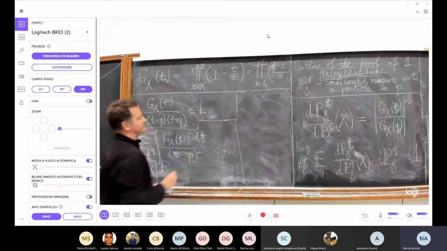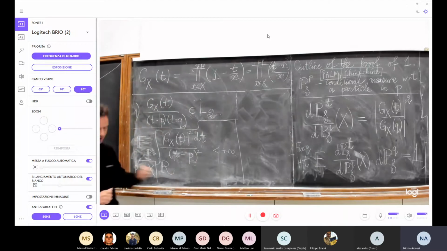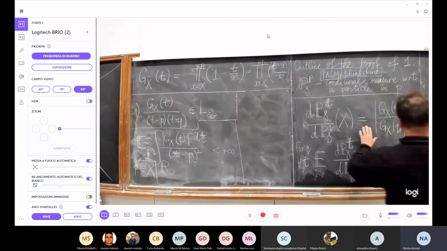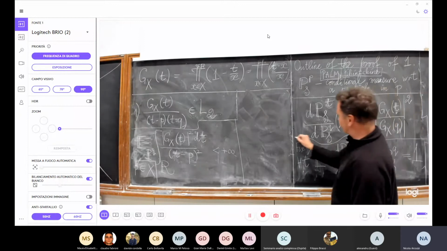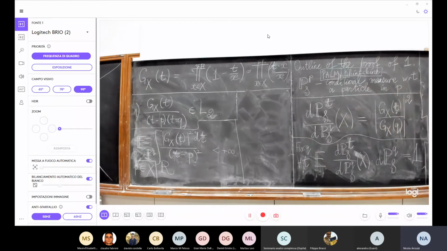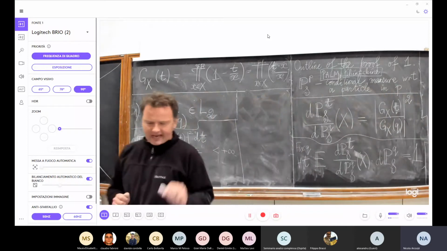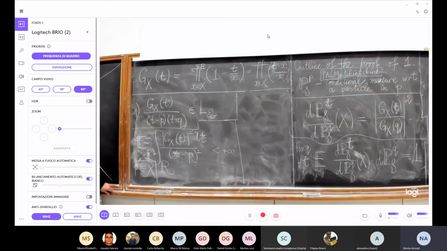I also need to show that it not only belongs in L2, but that it also belongs in the Paley-Wiener space. But this in fact follows from this representation of the Radon-Nikodym derivative. This Radon-Nikodym derivative, considered as a function of T, must in fact belong in the space. So if it is integrable, it must belong in the space for, shall we say, general reasons of linearity. I would like to underline here that this argument is not specific to the sine process. This argument works in significantly greater generality for Airy, Bessel, and many other processes of random matrix theory.